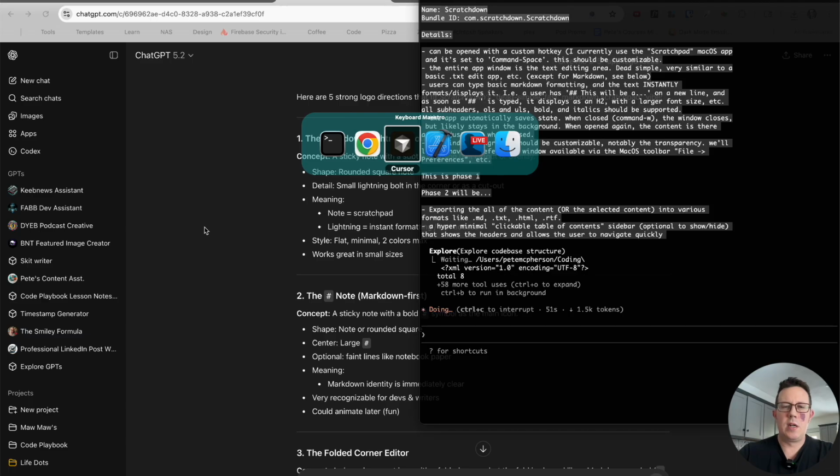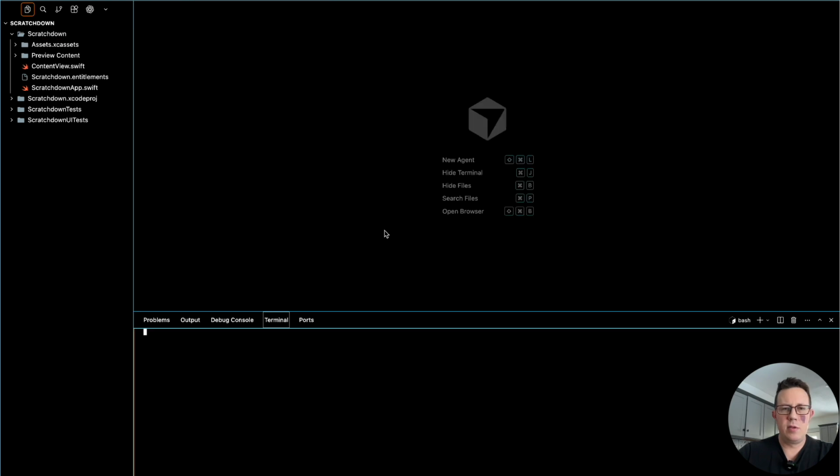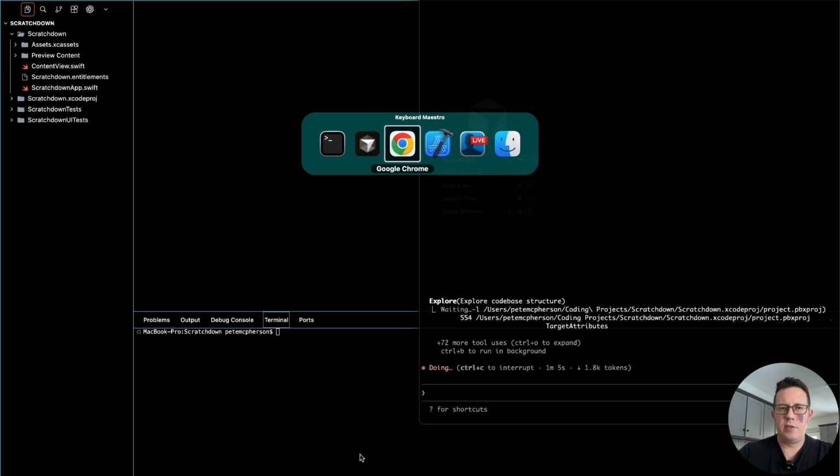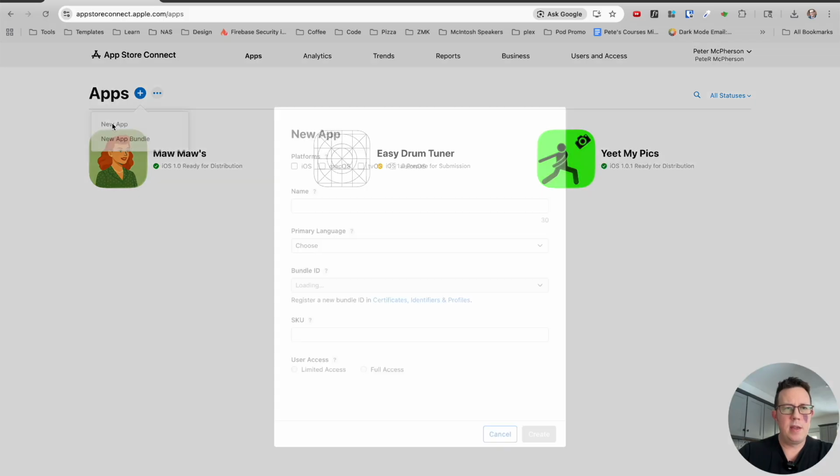I've got to wait on this init thing, Scratchdown. Let's go ahead and fire up a new terminal session. Git status, it should be, yep, ready to go. What else do we need to do here? Trying to do some prep, trying to move fast. So let's go ahead and create this app in App Store